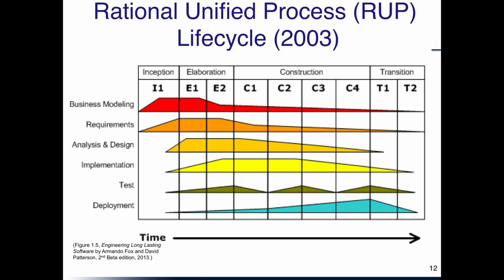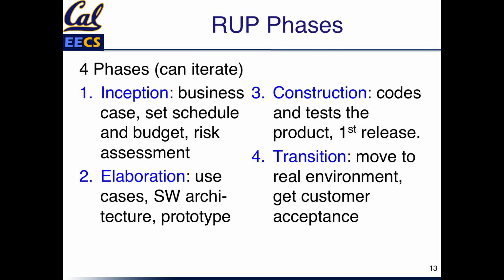What you can see in this design are these phases across the top, and then they have what they called engineering requirements, skills you need, across the bottom. I'll come back to this slide and show you again. And you can have multiple iterations within one of these phases. So there's 2 elaboration, 4 construction, and transition. So what do these phases do?